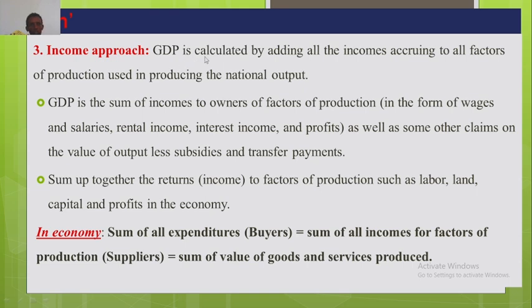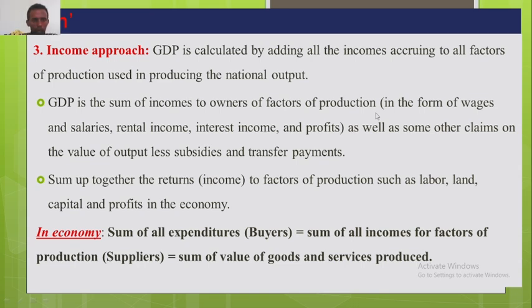According to this approach, GDP is calculated by adding all the incomes according to all factors of production used in producing the national output. አጠቃላይ አንድ ሀገር ምርትን ለማምረት የተጠቀምነው factors of production ላይ የምናገኘው ኢንካሞችን በመደመር ማለት ነው income approach ማለት GDP is the sum of incomes of factors of production. ለፋክተርስ ኦፍ ፕሮዳክሽን ኦነሮች የሚከፈለው ዋጋ እነዛ ዋጋዎችን ኢንካሞችን መደመር ማለት ነው